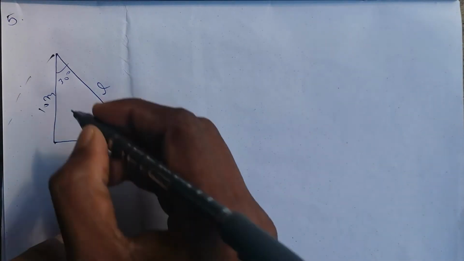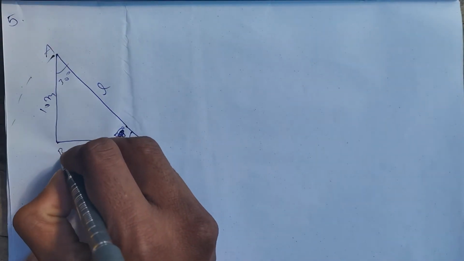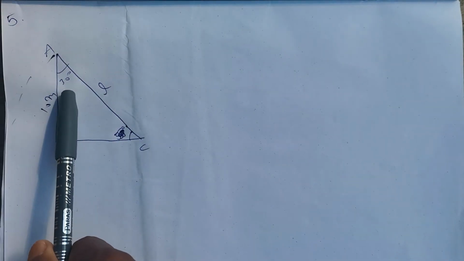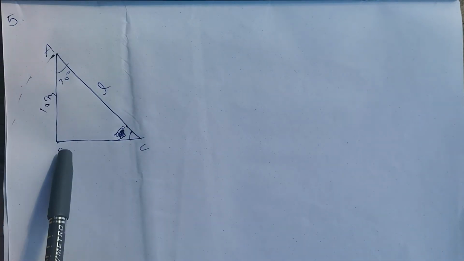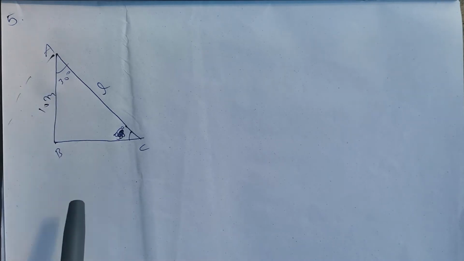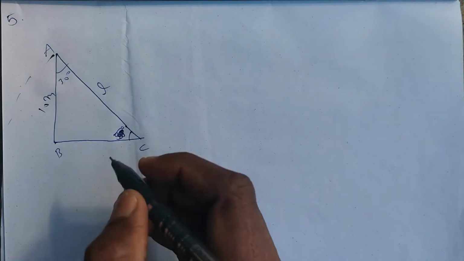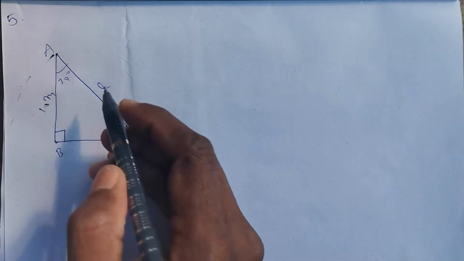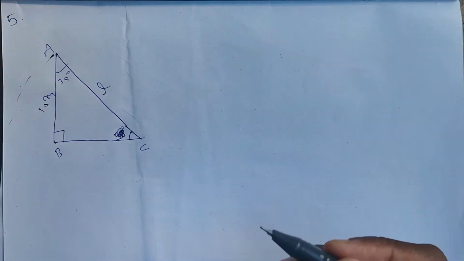Okay. For our convenience, I am taking it as ABC. He is asking to find out one length rope only. He is not asking to find all the 3 length ropes. And every rope is maintaining exactly 30 degrees with the pole. So that's why we need not find the remaining. 1 is enough. Okay, now this is right angle 90 degrees and this is 30 degrees. Here some angle is there. We don't know that angle.